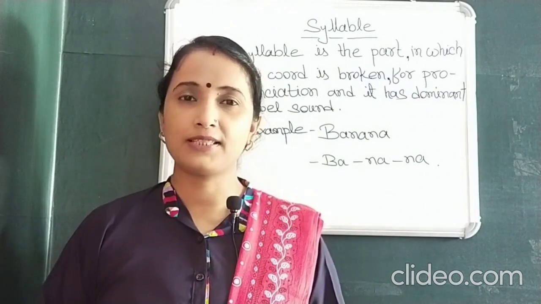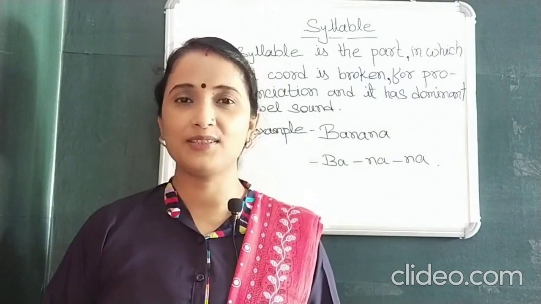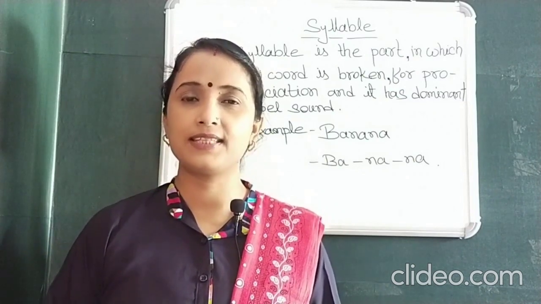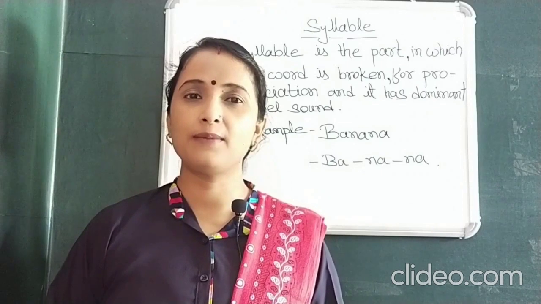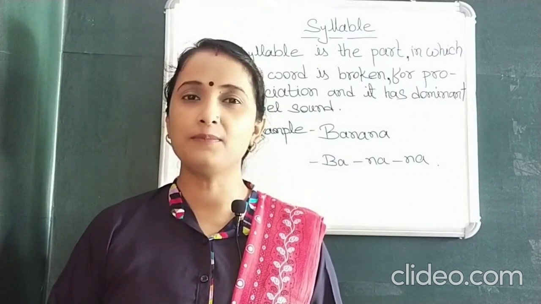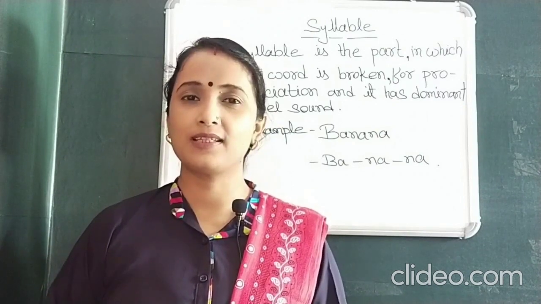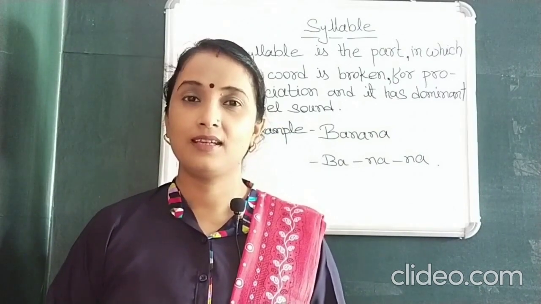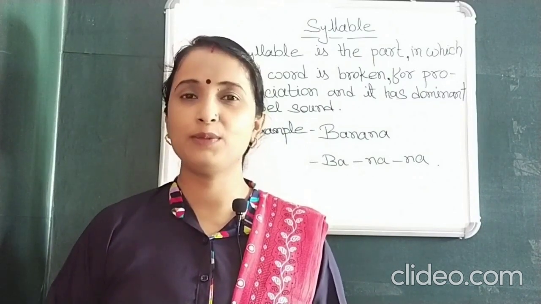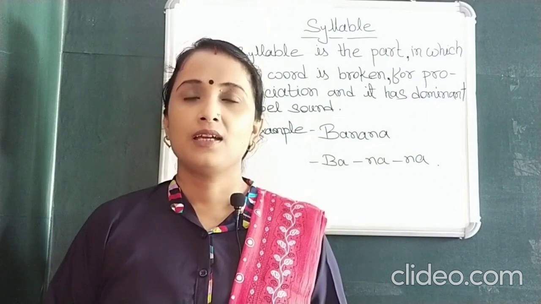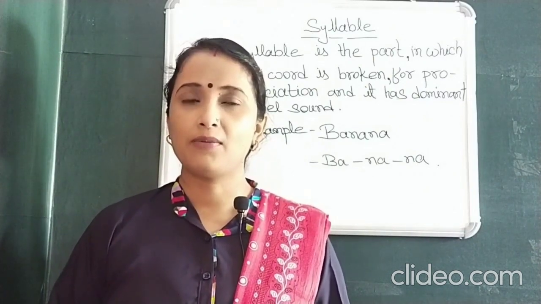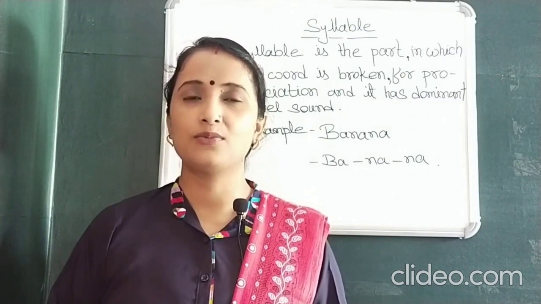Before knowing about vowel sounds, let's revise vowels and consonants. We know in the English language there are 26 letters, in which we have 5 vowels. A, E, I, O, U are the 5 vowels and the remaining 21 letters are consonants, in which we also have 2 semi-vowels. W and Y are the 2 semi-vowels. So, to count the syllables, we first need to know the vowels and vowel sounds in a word.